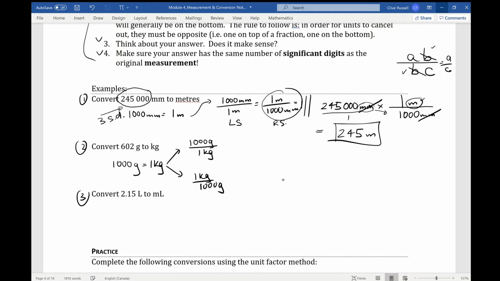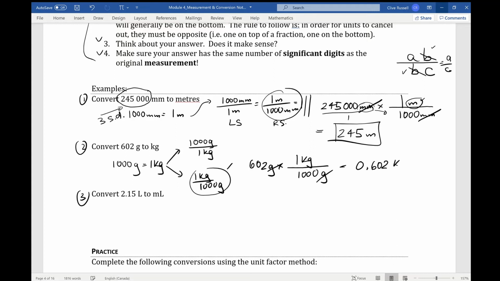Now we have 602 grams, and we multiply that by a unit factor. Because we have grams in the numerator, we want grams in the denominator. So we're going to use this one: 1 kilogram over 1,000 grams. The grams will go. Now I'm dividing 602 by 1,000. You get